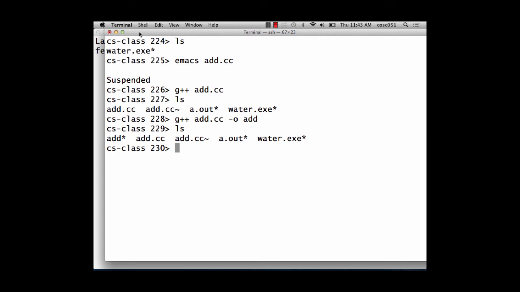Yep, that's it right there. add.cc is the CC file, and then add is the compiled program, and it also happens a.out is the compiled program. I made 2 different versions of it. How do I run this? If I want to test it,